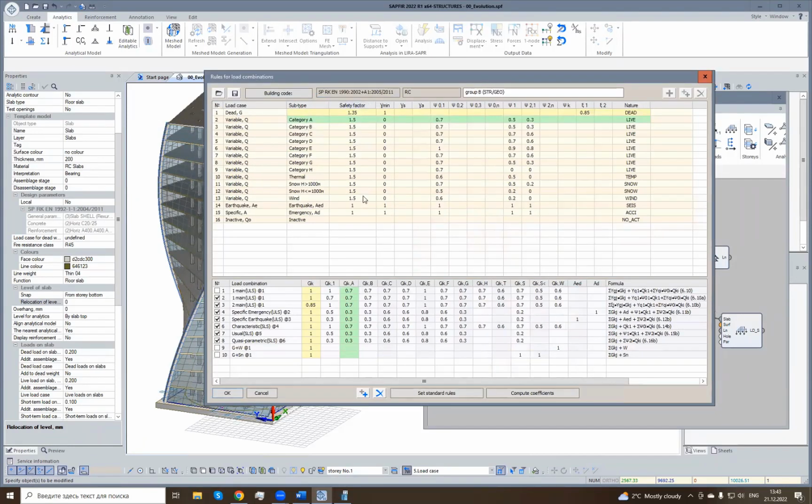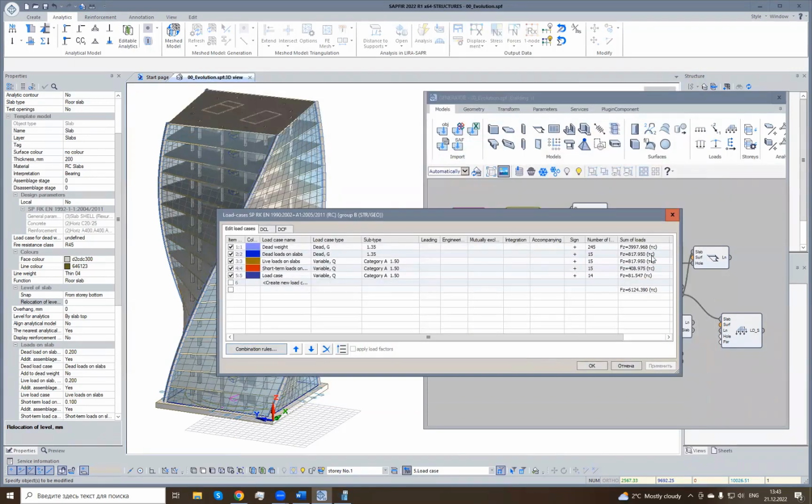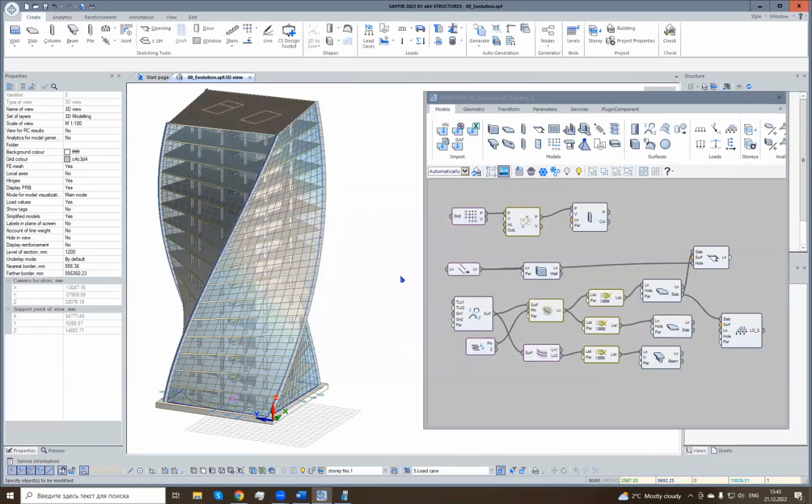So you can see safety factors, combination factors, and in the bottom you can see the load combinations, and here are the formulas according to which these load combinations are created. The formulas are from the building code. Okay, but we will specify